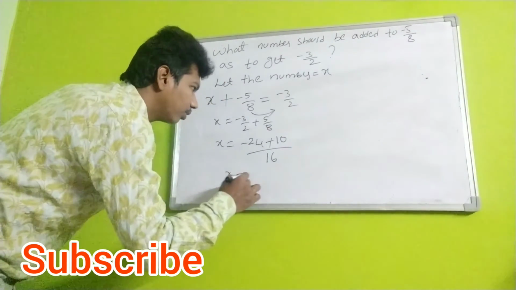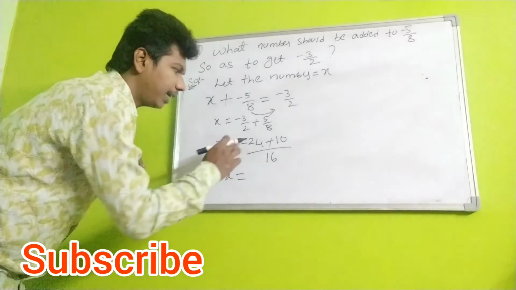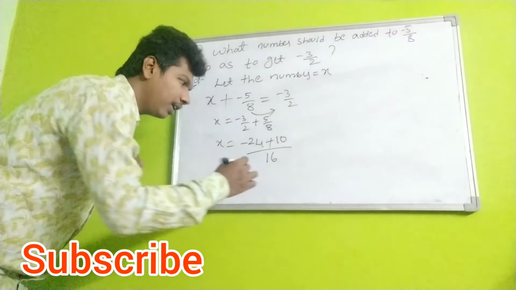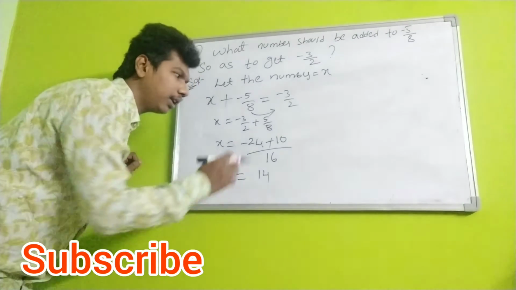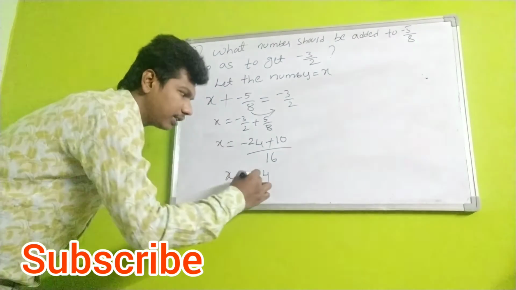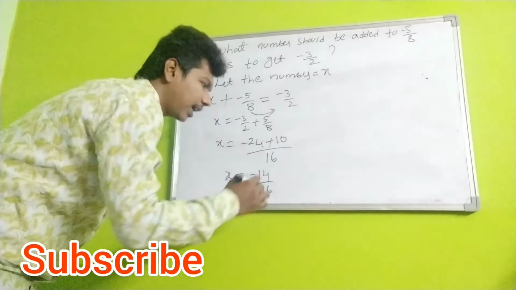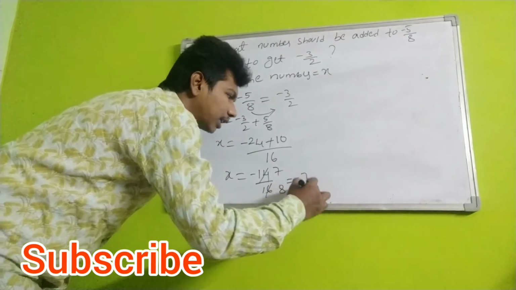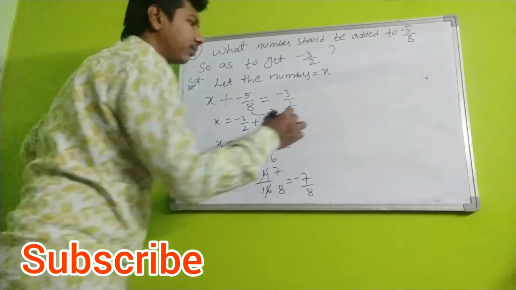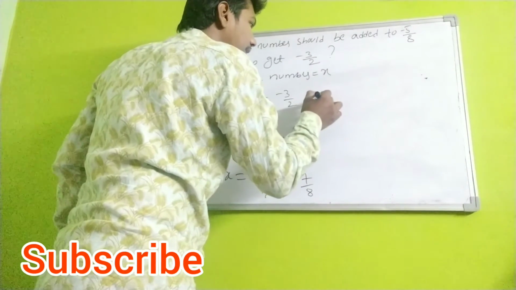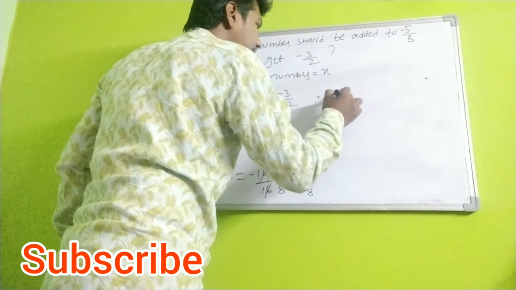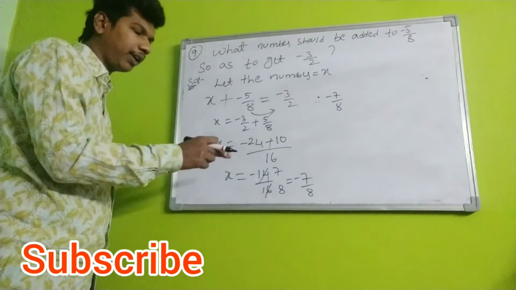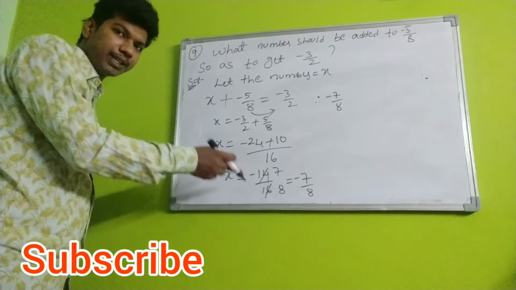Now x is equal to 24 minus 10; minus into plus, minus means what we have to do? Subtraction. 24 minus 10, 14. 14 is the bigger number having the minus symbol, so put a minus symbol. Minus 14 divided by 16. Cancel: 2 7s are 14, 2 8s are 16. The x value is minus 7 by 8. Your conclusion is therefore minus 7 by 8. In place of that number, write the final answer. That number I got is minus 7 by 8.